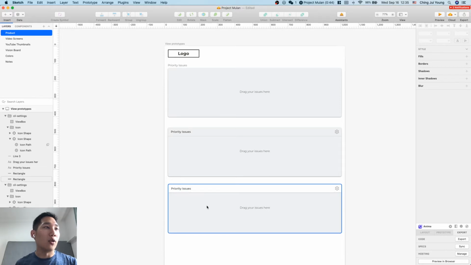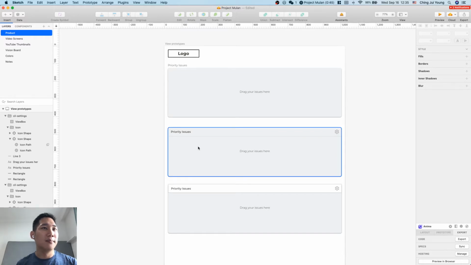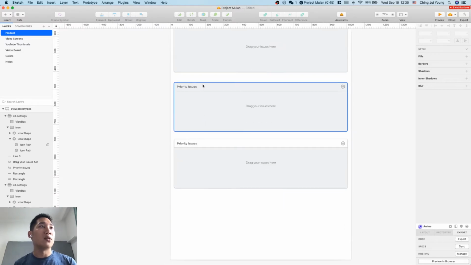I think this bottom one looks best so far, but for some reason I kind of want to do this one instead. I'm not digging this big gear icon. I think it's a bit too big. But we do need a way for our users to be able to edit the settings, or sorry, edit the name. Or maybe another way to do it is also